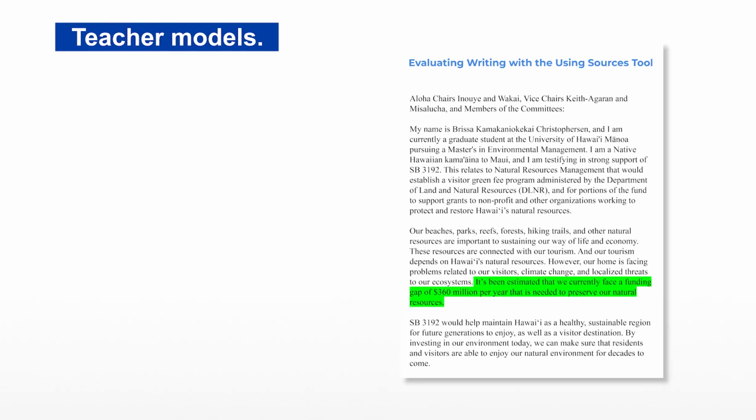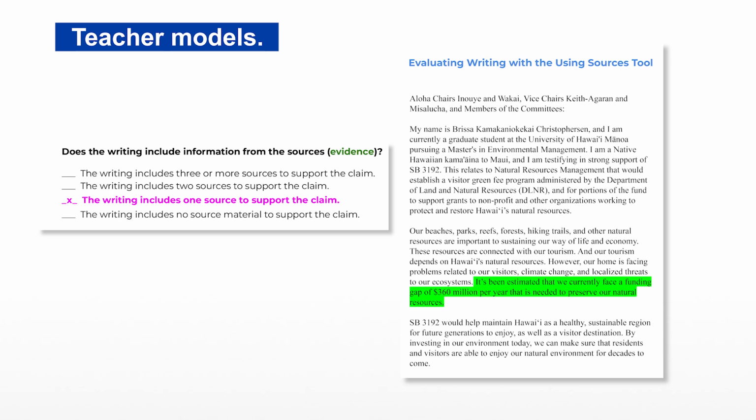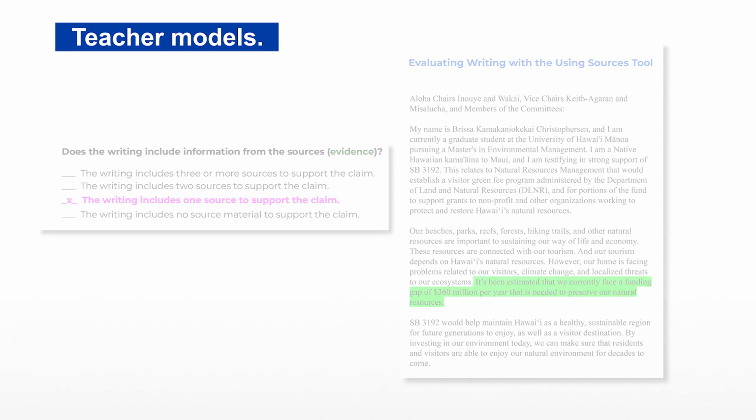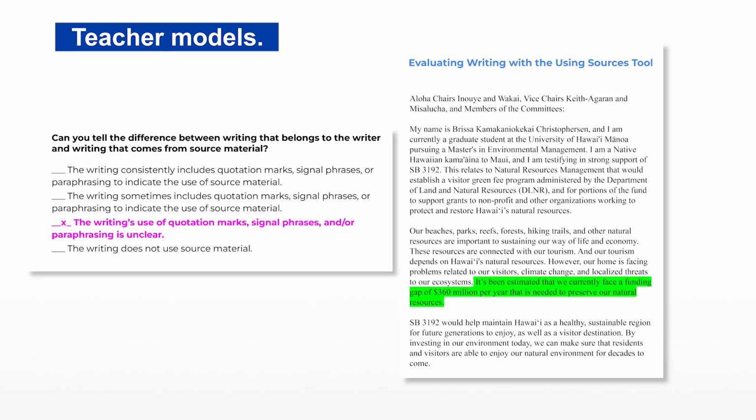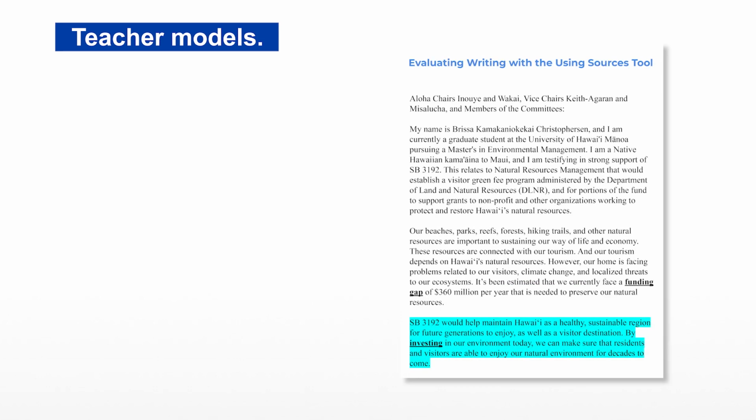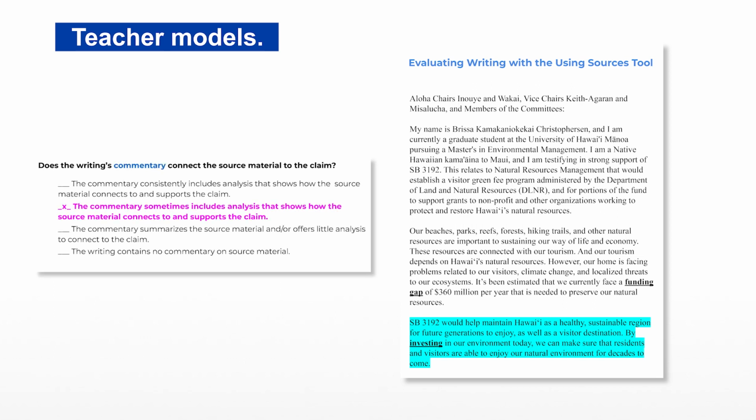The next one is, does the writing include information from the sources? So does it have evidence? And what I selected after looking at that testimony, the writing includes one source to support the claim. So the writing's use of quotation marks, signal phrases, and/or paraphrasing is unclear. And number 4, does the writing's commentary connect the source material to the claim? And what I saw was that the commentary sometimes includes analysis that shows how the source material connects to and